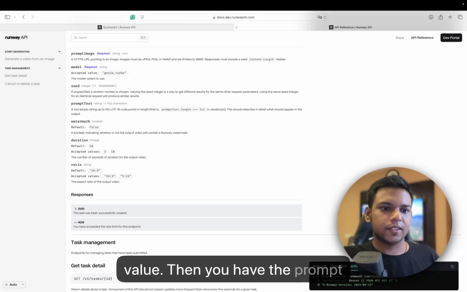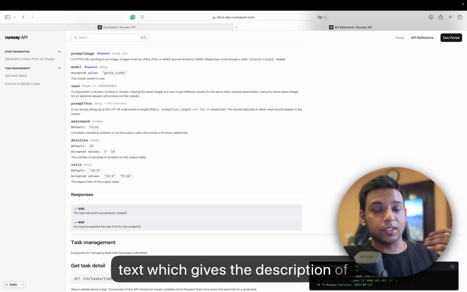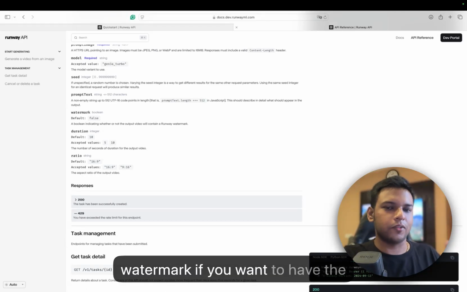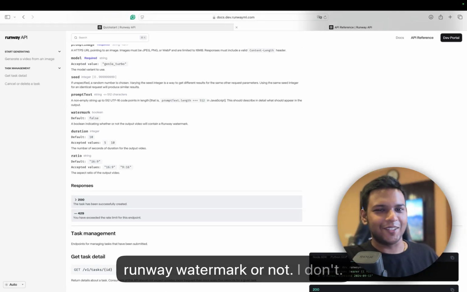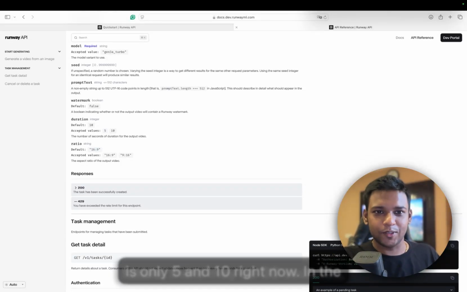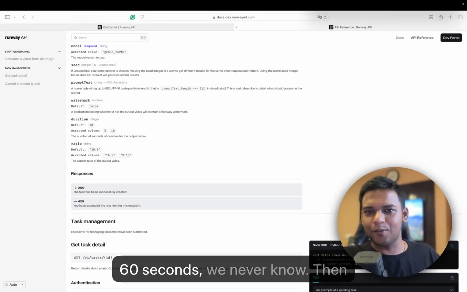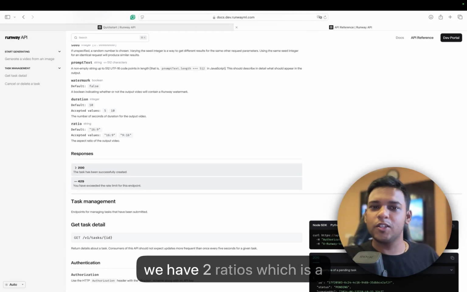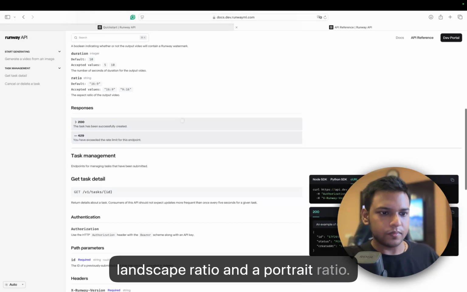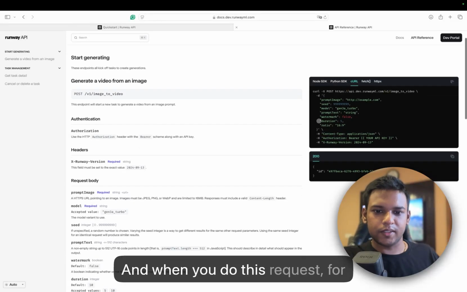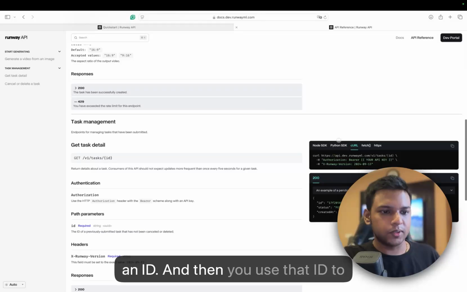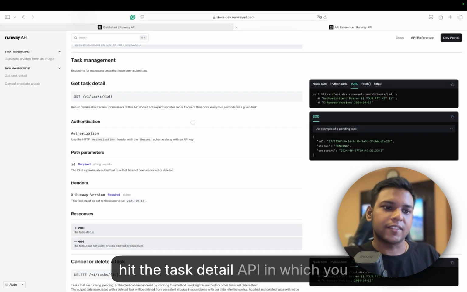Then we have the prompt text, which gives the description of how the video should look. Then you have a default value for the watermark if you want to have the Runway watermark or not. I don't. Then you have the duration, which is only 5 and 10 right now. In the future, there may be 30 seconds, 60 seconds, we never know. Then we have two ratios, a landscape ratio and a portrait ratio. And when you do this request, for a successful request, you get back an ID, and then you use that ID to hit the task detail API,